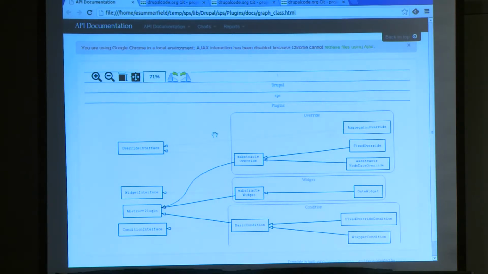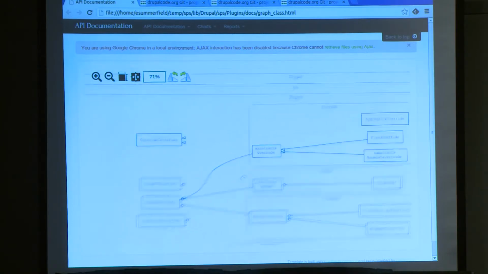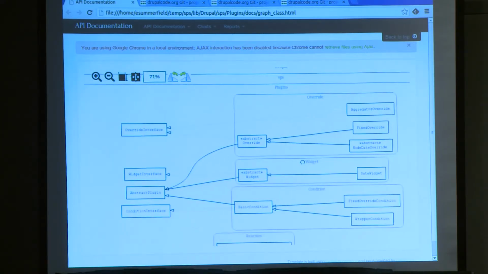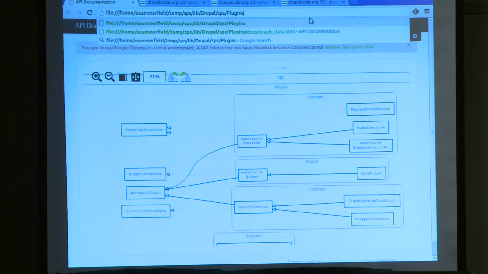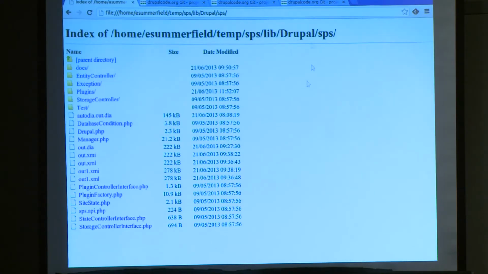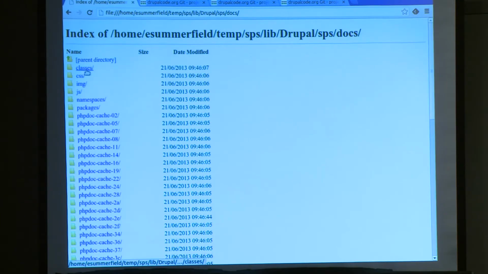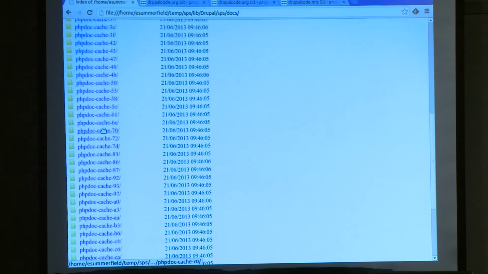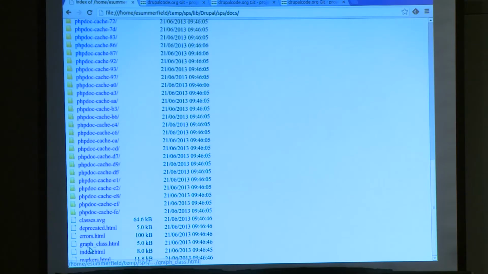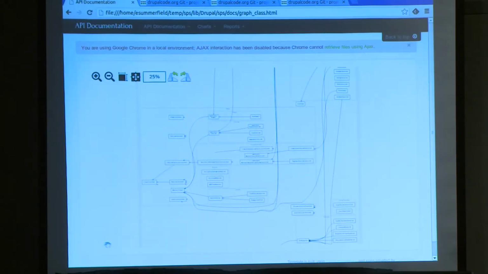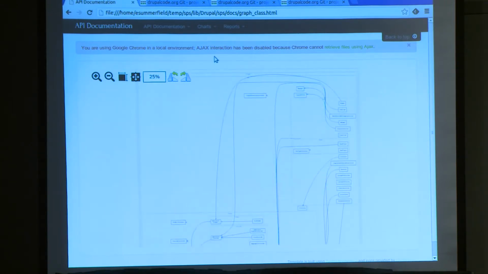So it actually is like a whole API document thing. It's kind of nice. But this pretty chart is part of it. And so actually, I want to go and show you. So this was just the plugins. The big one does get a little bit hairy. So, docs. This is all the documentation that it builds out, which is pretty crazy. It's a bit crazy of a class, right? A big map. The thing that I wanted to show in this one is